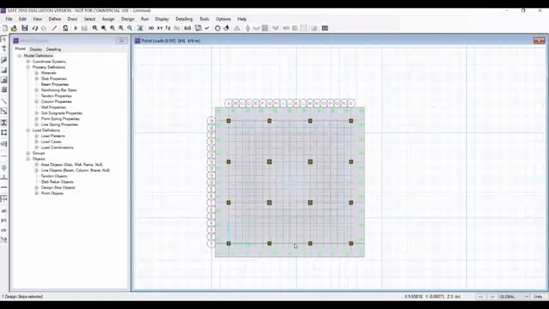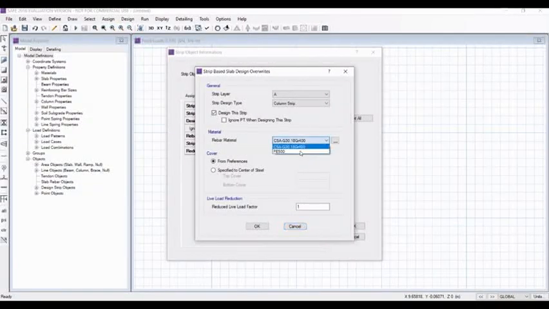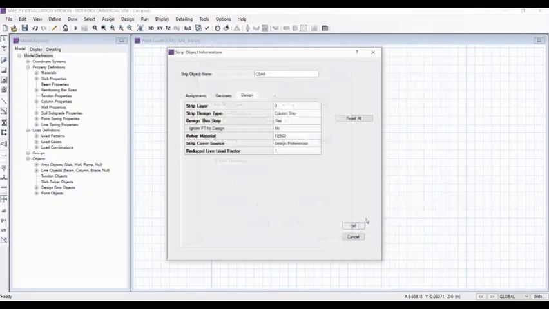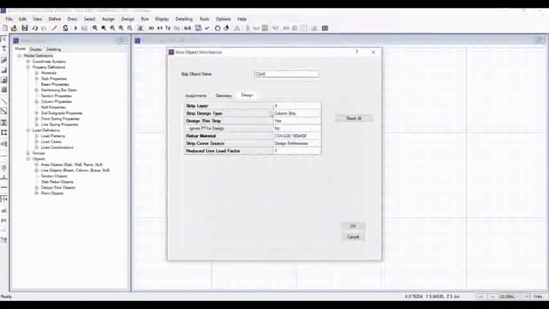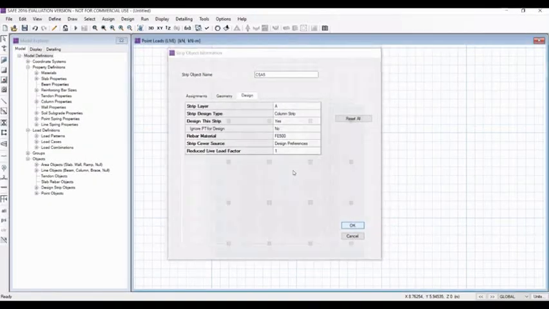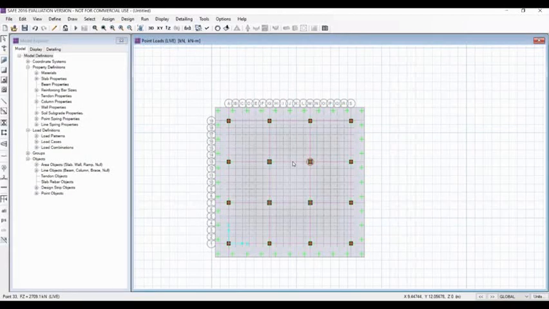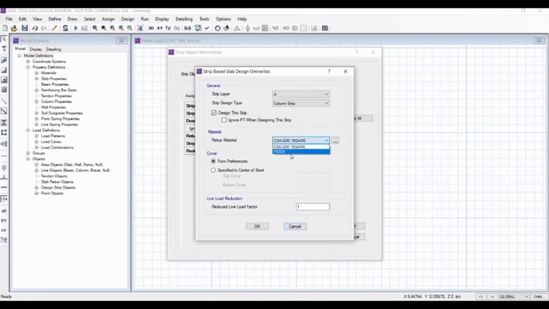We'll just right click on it, go to design strip and change. If we press OK, again we will go here, design strip, and that's OK. Similarly again, design strip.